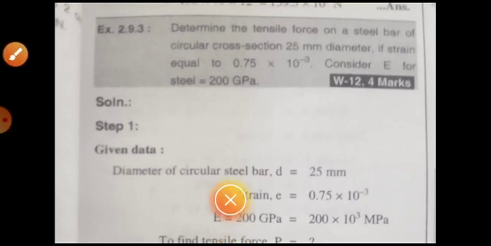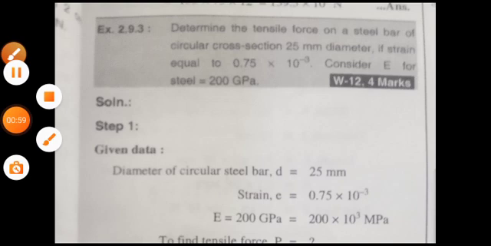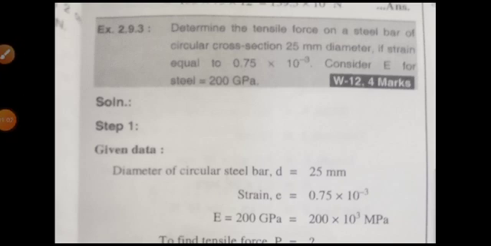Okay, first of all, you must know the given data, or you must know how to write the given data for a particular problem. Once you write the given data, from that you can see which formula is required, or you can imagine which formula is necessary for solving different problems. Let's see first how many things are given.